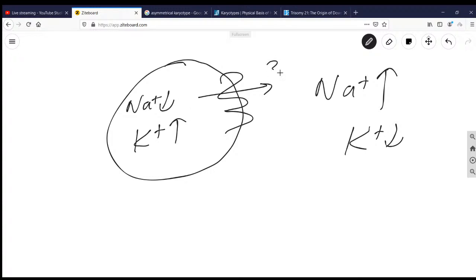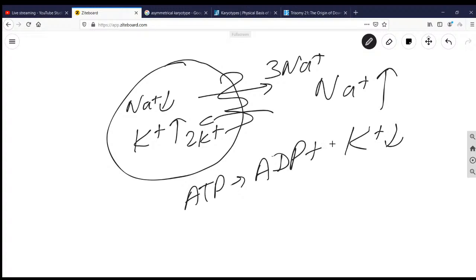But Na plus K plus ATPase throws 3 Na out and 2 K in. You can see it is doing it against the concentration gradient of the ion. It's not letting Na come in. It is throwing Na plus out even though Na plus is lesser inside, and throwing K plus in even though K plus is more inside. So this will require hydrolysis of ATP to release energy. So energy will be used to go uphill against the gradient, and the remaining energy would increase the body heat. Okay, so these are the conceptual things about karyotype that you should be knowing in order to solve any kind